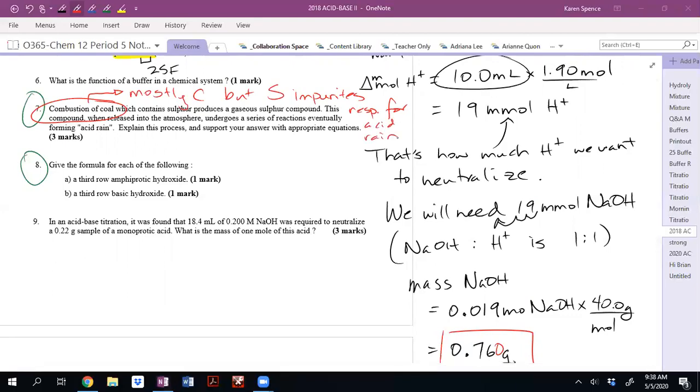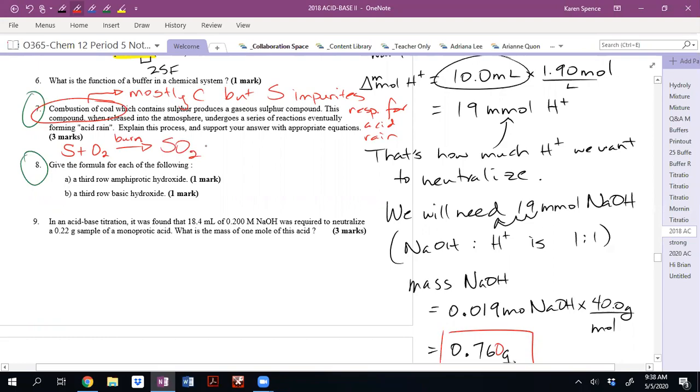And why is that? Well, you have sulfur and it reacts with O2 when it burns. So that's burning. And when it reacts with O2, you actually get SO2,